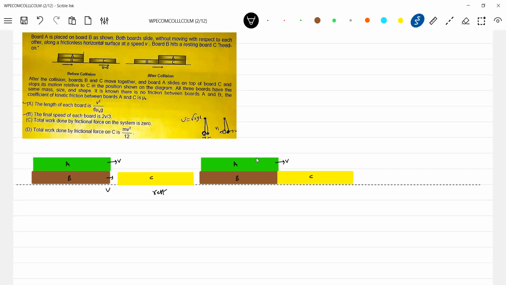The moment they collide, they will have common velocity. I'll read the question. I'm trying to construct overall the sequence. All are having same mass. Every time I need to indicate mass, it'll be like this. Then in next sequence,